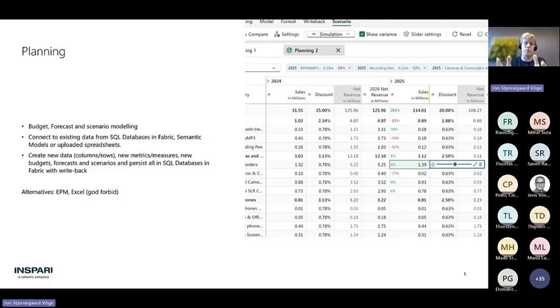And everything in this planning sheet will be possible. Everything that you input, all the changes that you make will be possible to write back and persist in SQL databases in Fabric. So the planning component, you should see it as a replacement for your budgeting, forecasting, scenario efforts that you're currently doing in expensive EPM third-party tools. Perhaps you're still doing these things in Excel. And this serves as a very, very easy way to persist some of this data right inside your data platform and ready for you to use in the rest of Microsoft Fabric. I think that was the level 100 description of that.